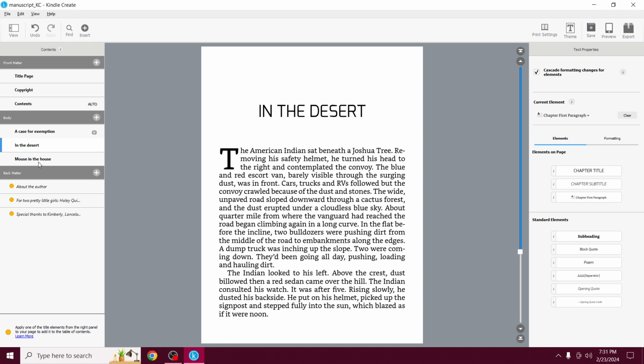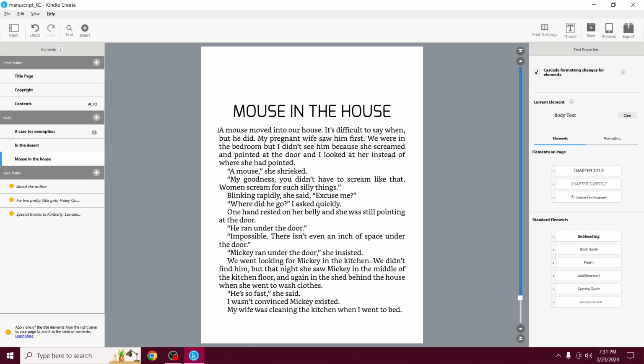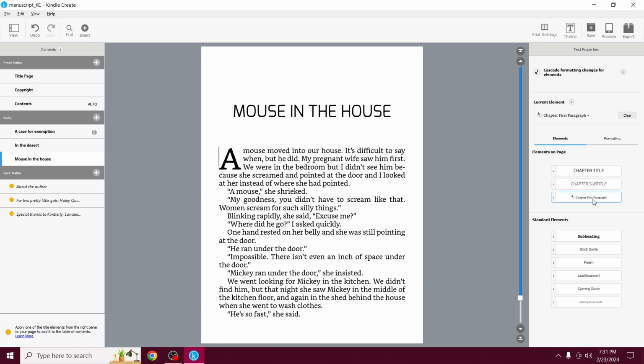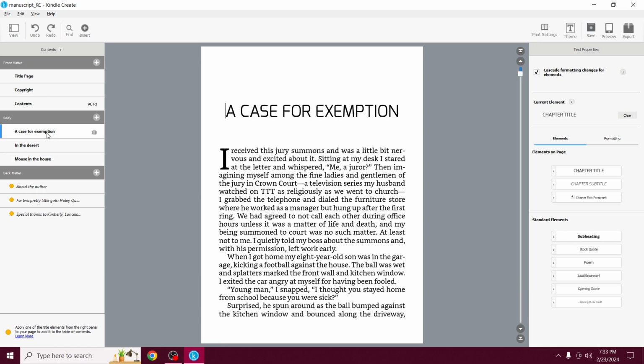I'll do the same for my third story. I'll place my cursor by the first paragraph and choose the element that says chapter first paragraph. Kindle Create gives the author flexibility to change how different elements are formatted. For example, I could change the formatting of my chapter first paragraph. In this example, I am placing my cursor on the chapter first paragraph. I'm going to click on the formatting tab,